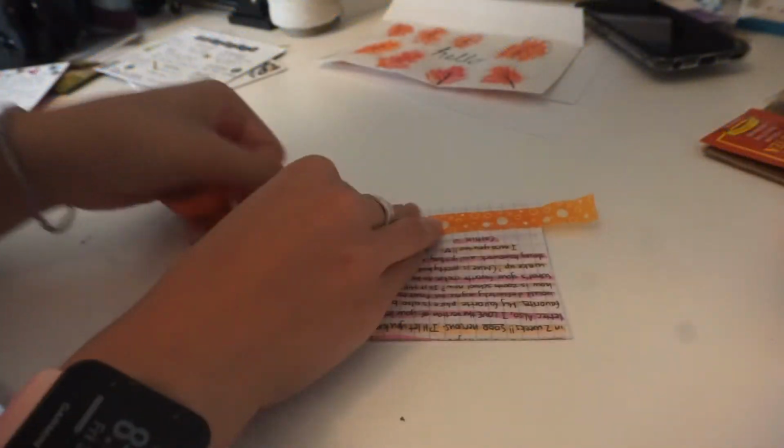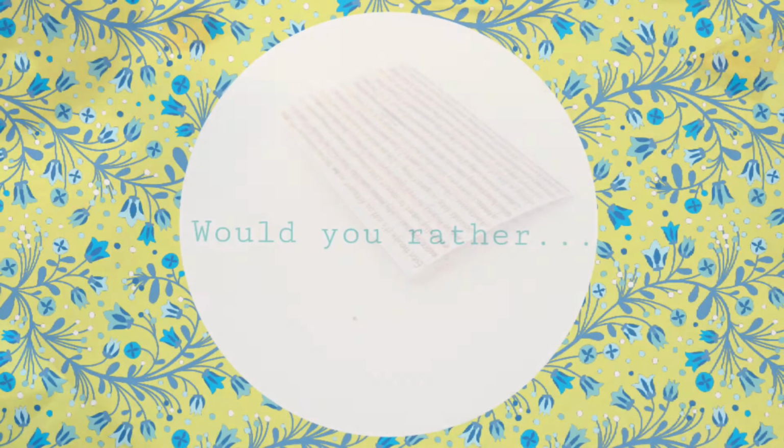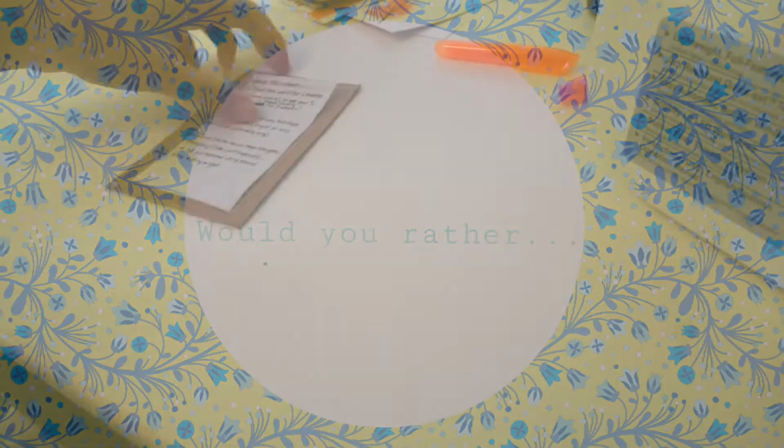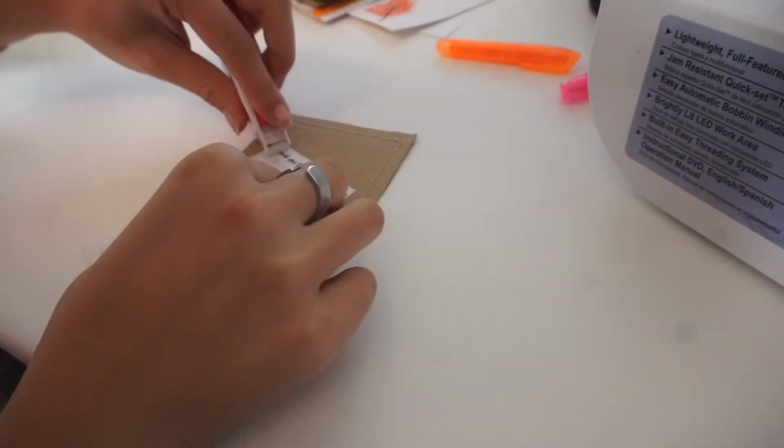Of course, in any pen pal letter, you gotta include an actual letter, so here I just did it on a piece of graph paper and closed it off with a piece of washi tape. To spice things up a little more, I'm going to include 3 would you rather questions for Miss Thatcher,